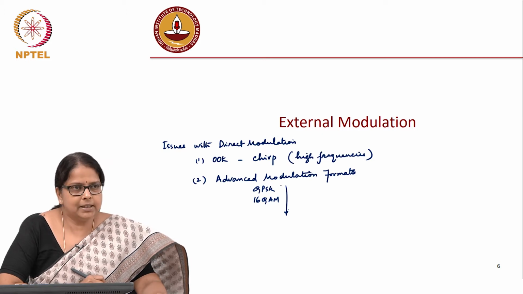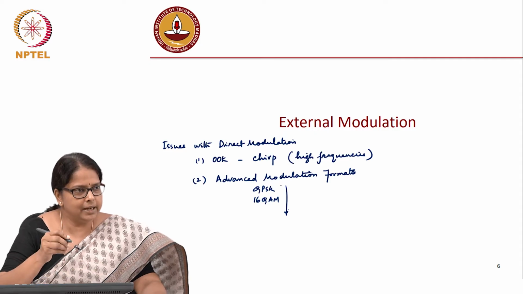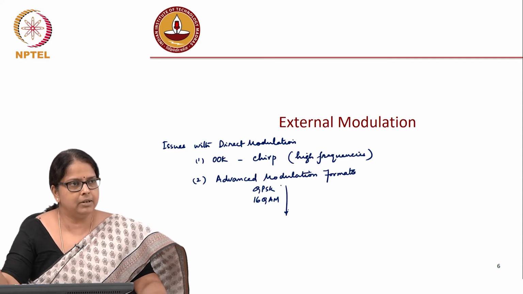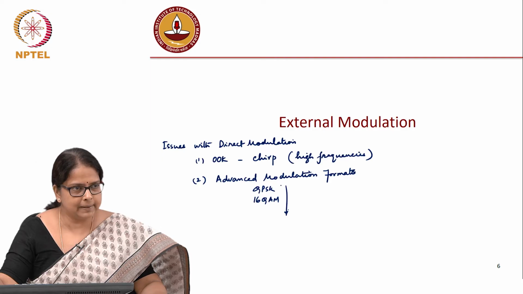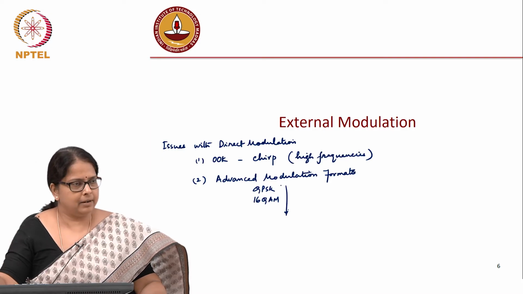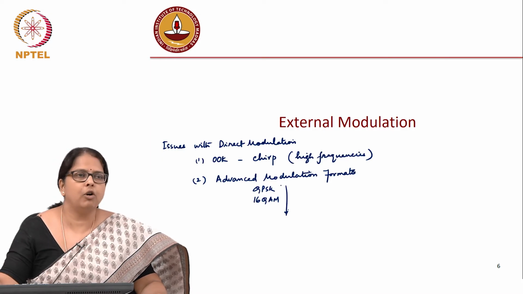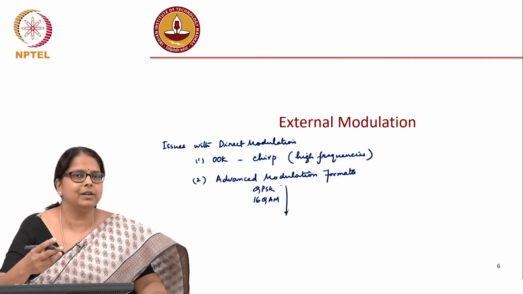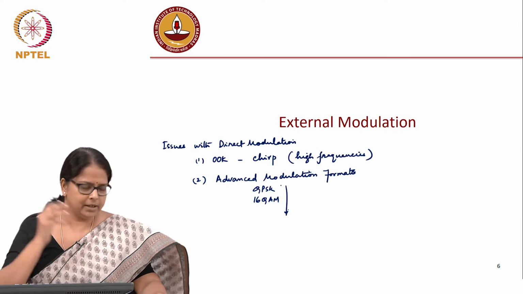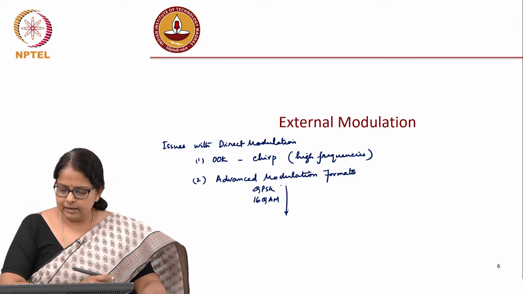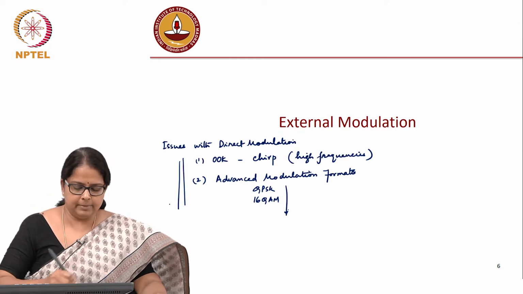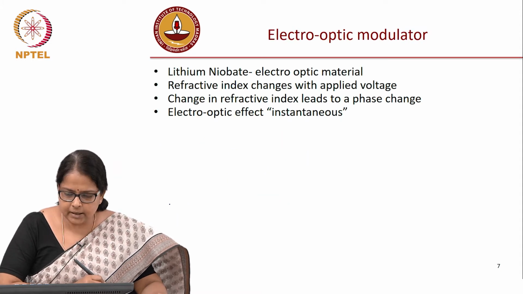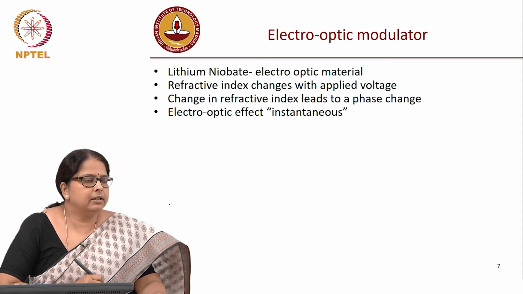Mind you, having said this, if your signaling requirements are only of the order of gigabits per second, and if you are happy with the bit rates corresponding to on off keying, you would still prefer direct modulation, because that is the cheapest, most compact and most elegant way of modulation. Okay. But of course, you have these limitations, and external modulation is done with what is called